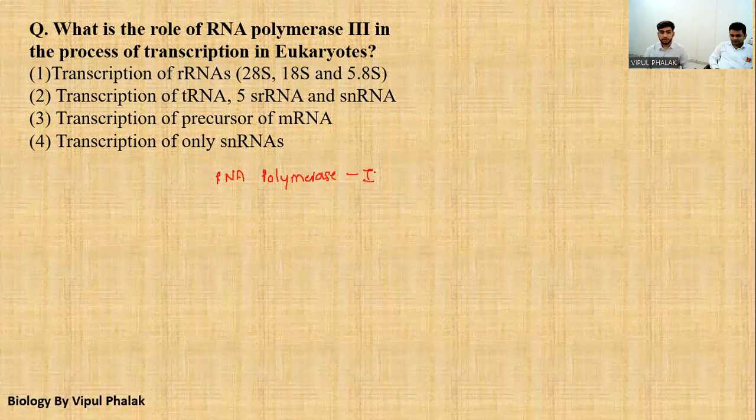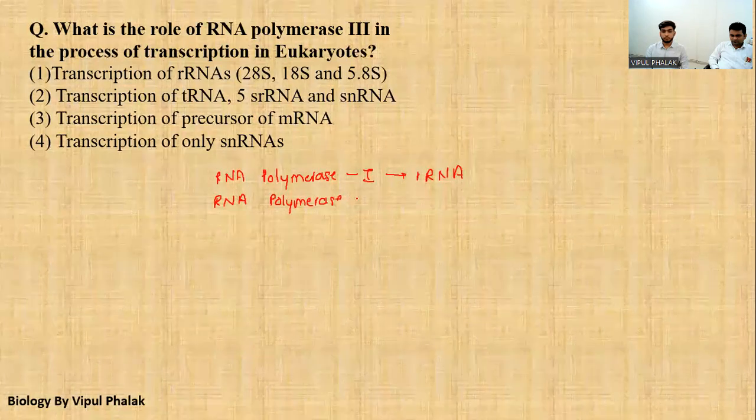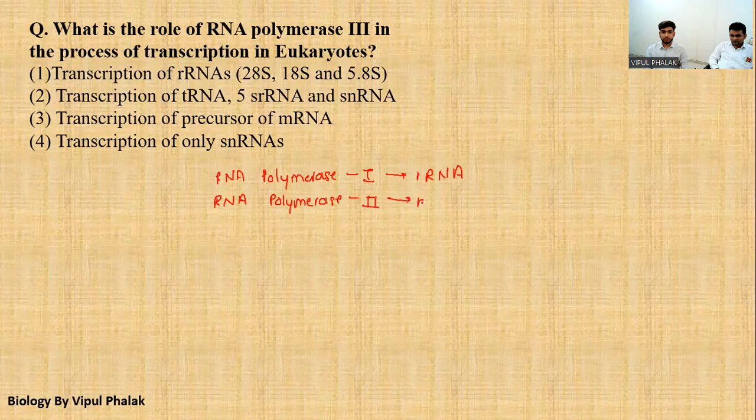RNA polymerase 1 is responsible for the synthesis of rRNA or ribosomal RNA. Second is RNA polymerase 2, which is responsible for the synthesis of mRNA or messenger RNA. And third is RNA polymerase 3,